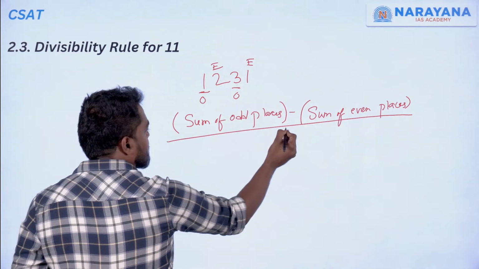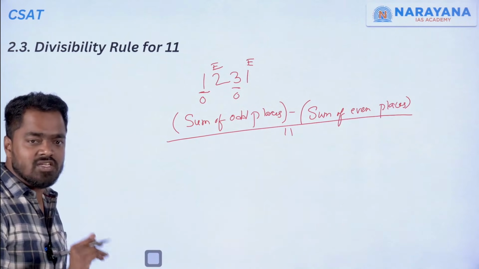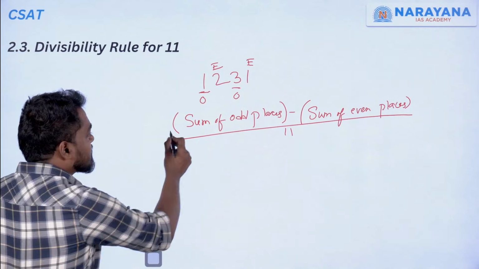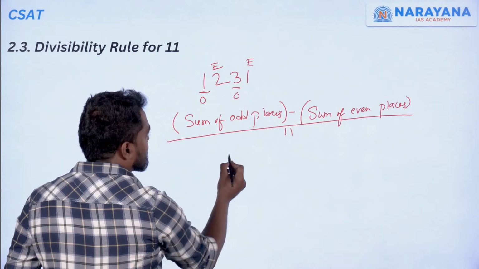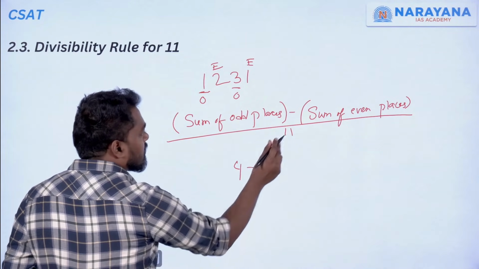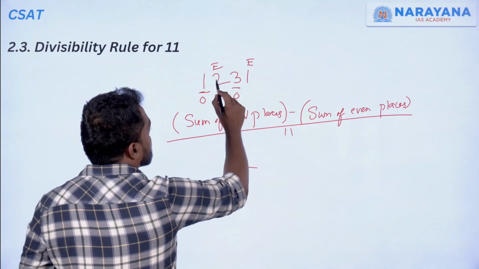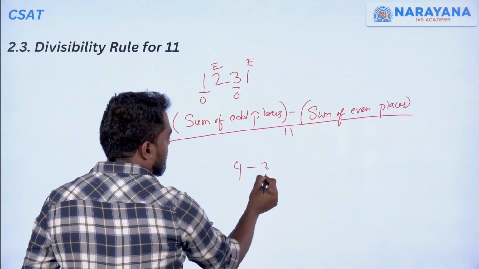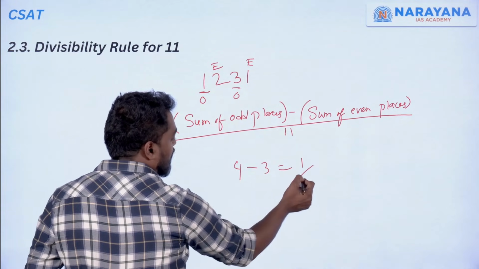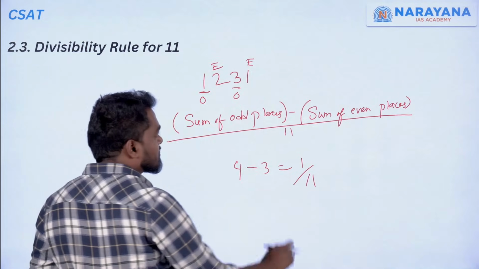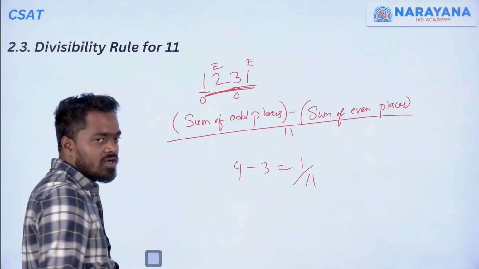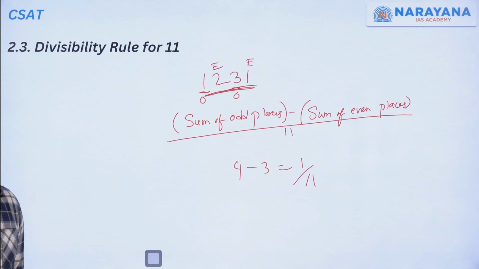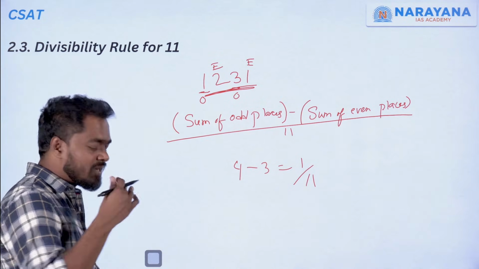If this thing is divisible by 11, the whole number is divisible by 11. For example, what is the sum of the odd places? 1 plus 3 is 4. Minus what is the sum of even places? That is 2 plus 1, that is 3. That is 1. So if 1 is divided by 11, it is not divisible. So this number is not divisible by 11. For example,